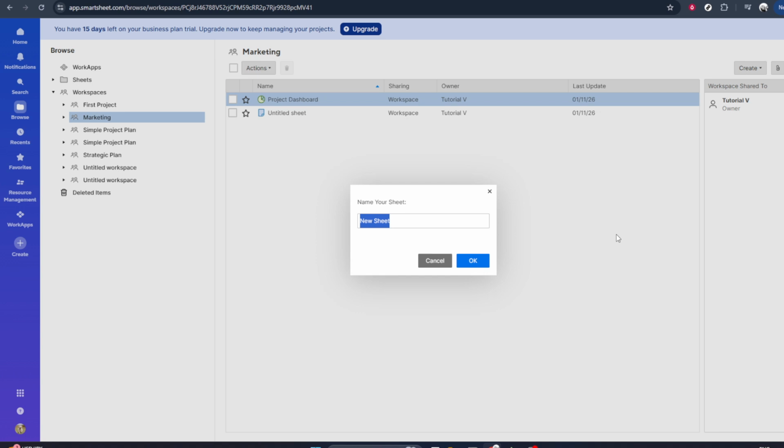Click into the first row under the task name column and type in the name of your task. Use clear, specific names so anyone viewing the sheet can immediately understand what needs to be done. For example,